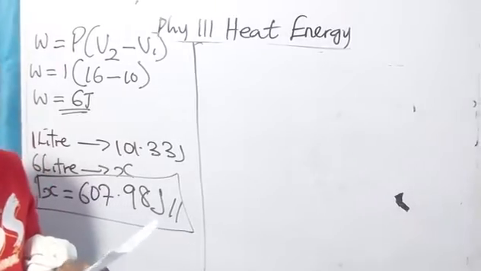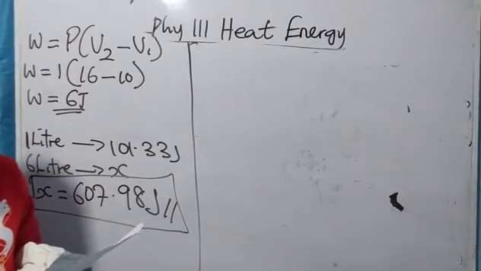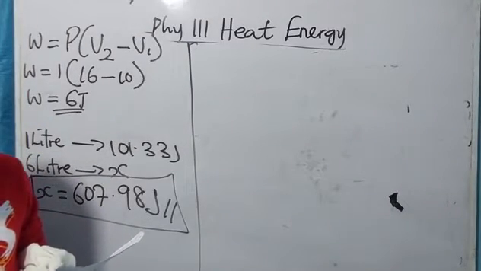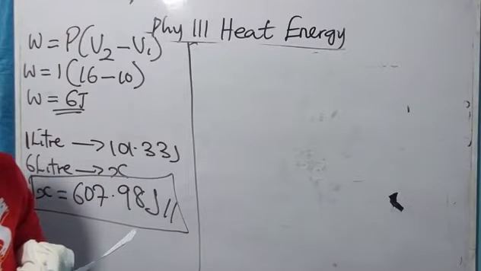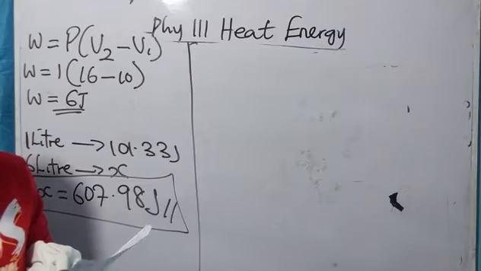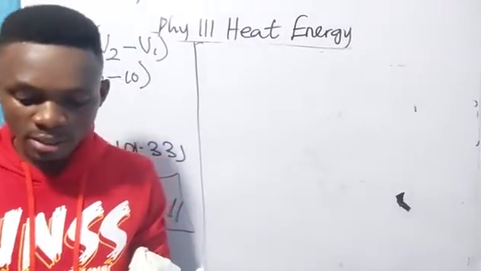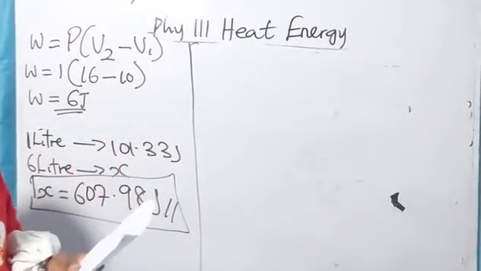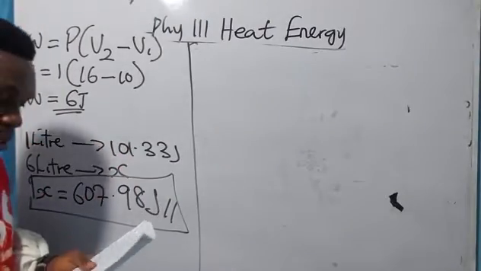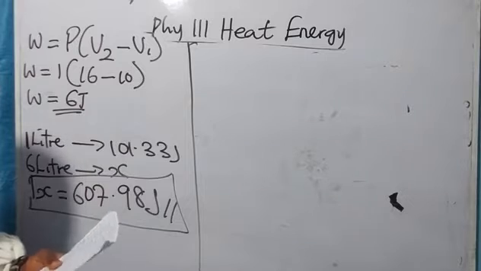You also have an electric heater of 60 watts used to heat a metal block of mass 20 kg for 5 minutes. Calculate the specific heat capacity of the metal block. Okay, from this question,